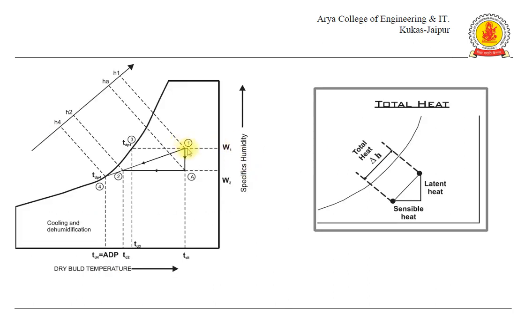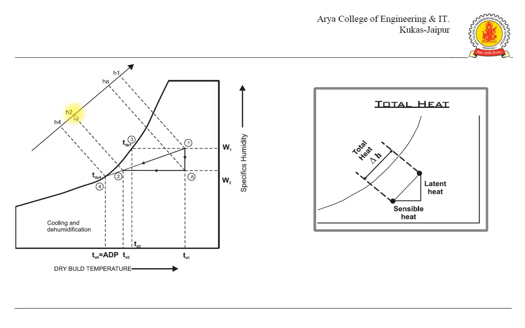Air is entering at point 1. We are going to reduce its temperature by sensible cooling by a cooling coil whose temperature is TDP4. Here it is TDP4. So from 1 to 2, the net enthalpy it will lose as